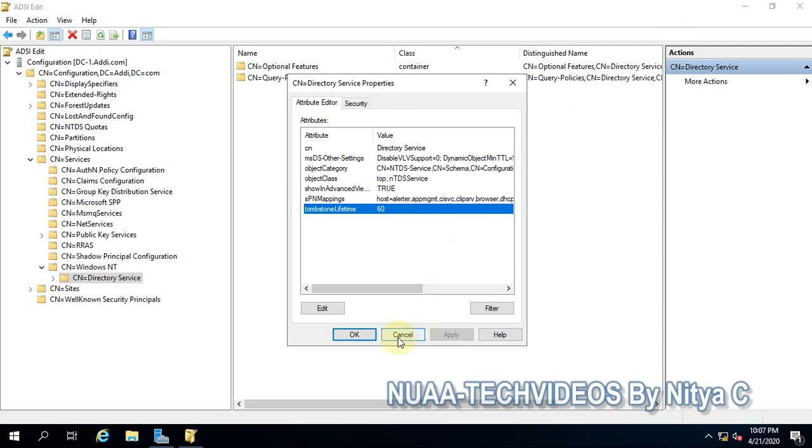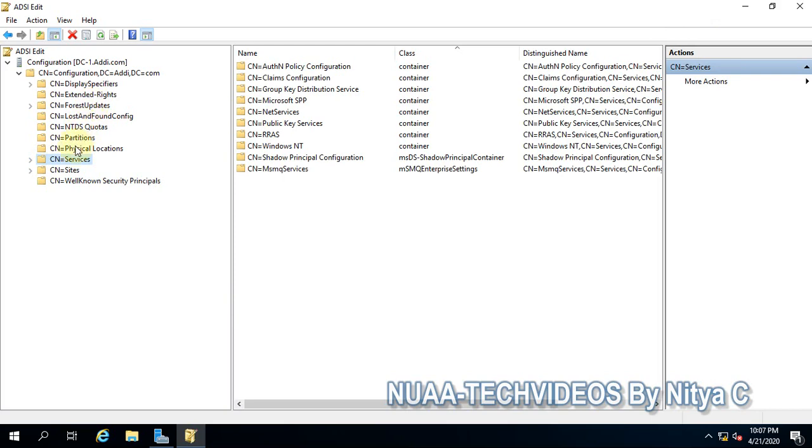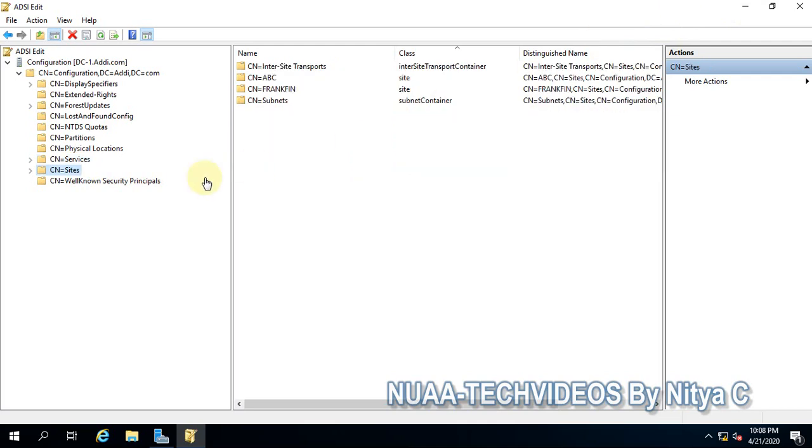Similarly, if there is any change you want in the configuration, you can visit this ADSI Edit tool and a specific container, and then change it accordingly. Make sure you are not making any changes without any discussion. If you are sure, then only go ahead and make the changes.